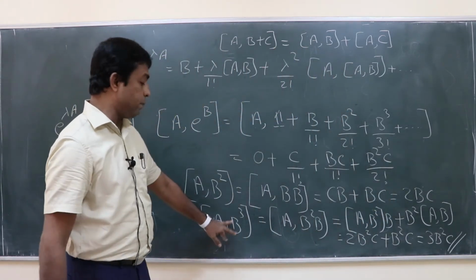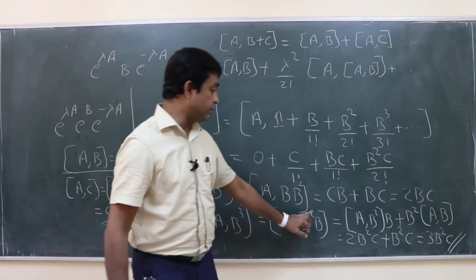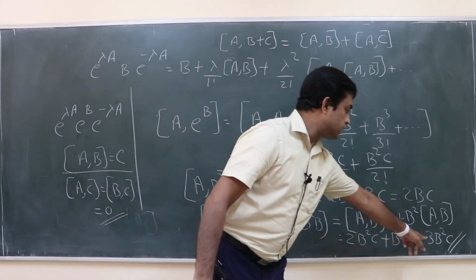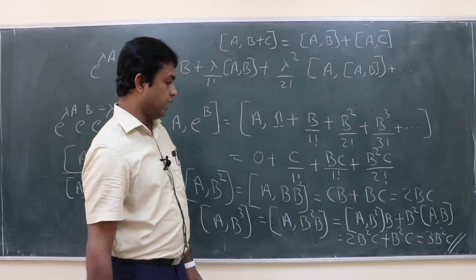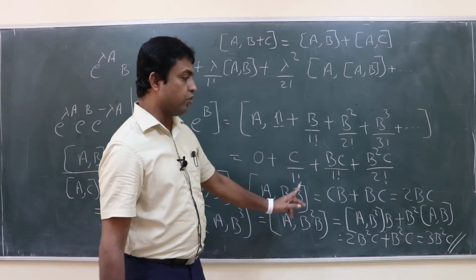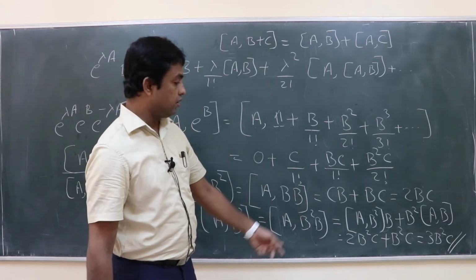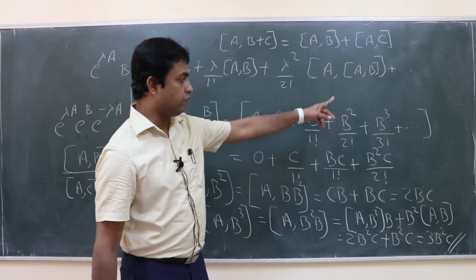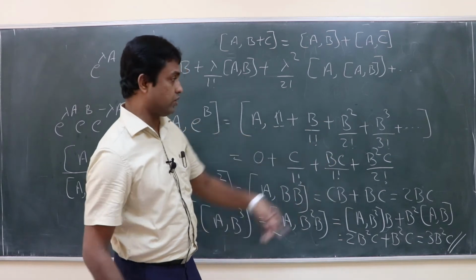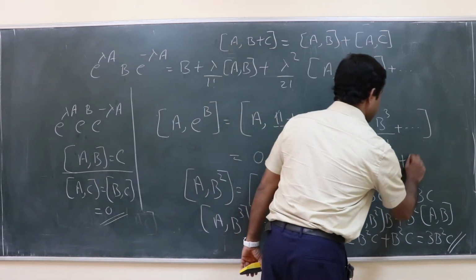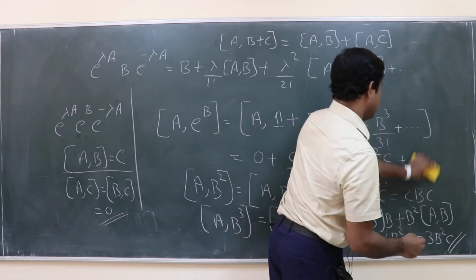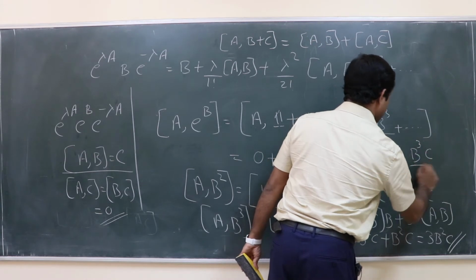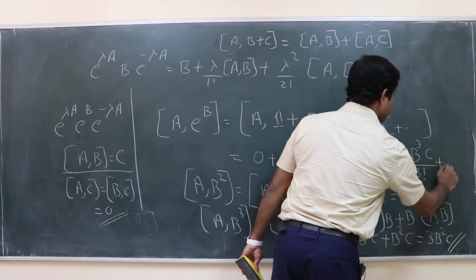So now if you put a with b power 4, this one you write as b times 3b square c. So you get 3b cube c. Then the other one will give you one more b cube c. So you get 4b cube c as the next term. If you substitute that, 4 by 4 factorial, you get 3 factorial. So the next term will be 4b cube c divided by 3 factorial, plus etc.